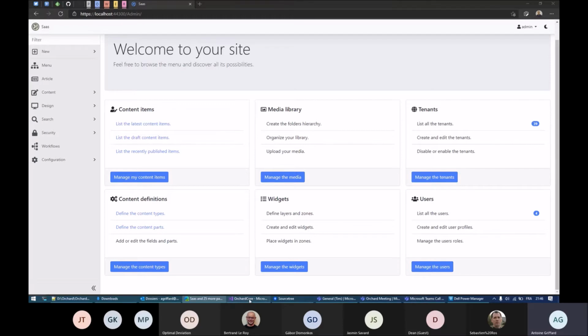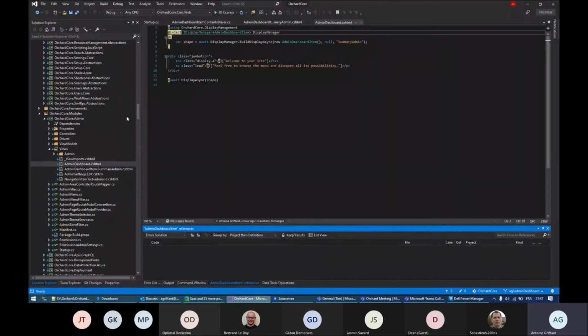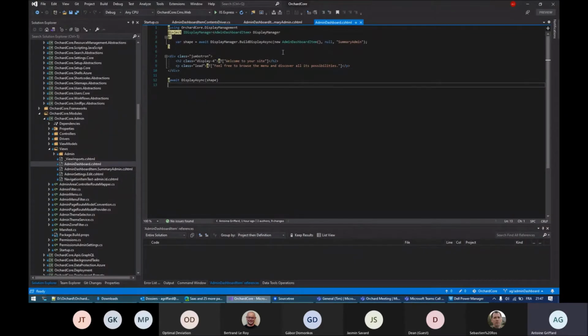I will show you in Visual Studio. So the admin dashboard is just a welcome screen, and it uses the display manager to load any admin dashboard item shape that is made in other modules.